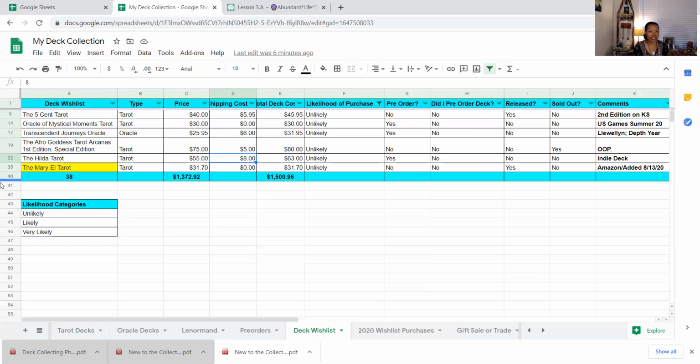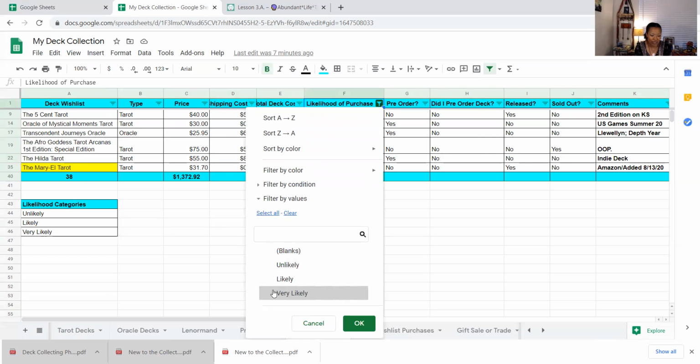And there could be a number of reasons why we don't. But I think we owe it to ourselves to honor where we are in our life. And if we don't have it like that to be ordering a bunch of decks, then we don't have it like that right then and there. And that's okay. The wish list is the catch-all to capture your decks that you really want. That's why I wanted to say, make it as dynamic and as fun for you as possible, and it'll work for you. You'll be able to consult it when you have those lulls. Maybe it's been a long summer and you didn't buy any decks. Now you can look over here and look at your likely section, maybe, and just say, you know what? I think my likely is the most.